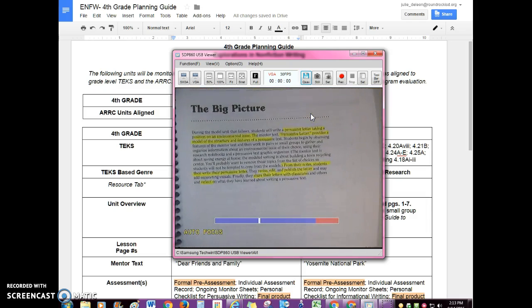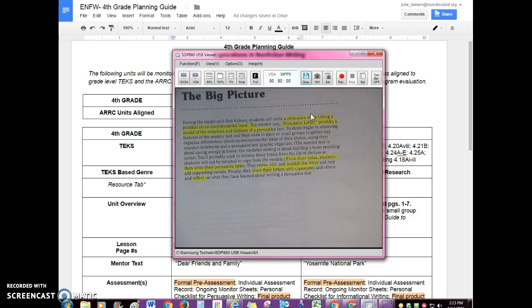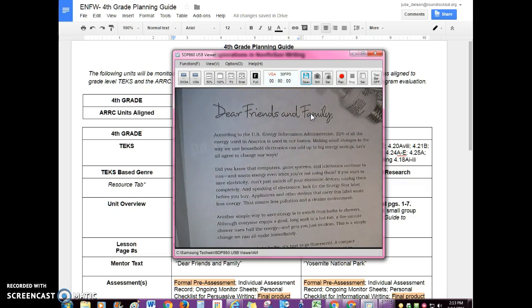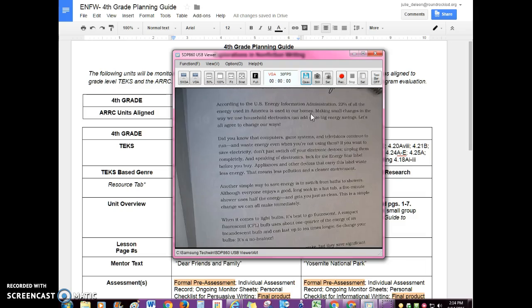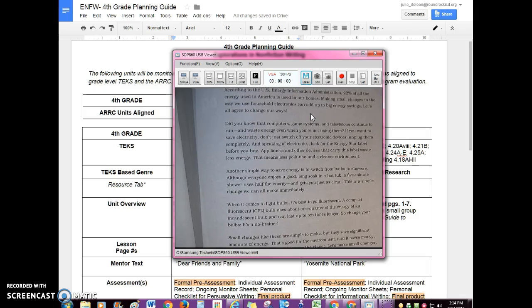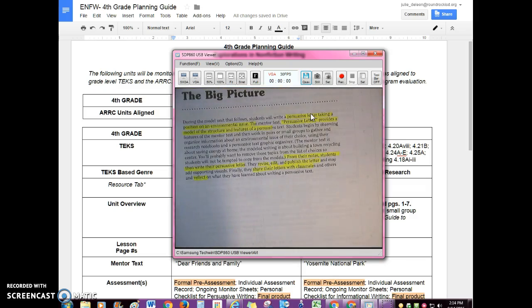but I do want to highlight that during this unit, what the students are going to do is write a persuasive letter that takes a position on an environmental issue. And the mentor text will echo this. So the mentor text is Dear Friends and Family. So you can see that it starts like a letter, but then is organized very much with the same expectations that our standards have. It's persuading, and it's aligned to our standards in the fact that